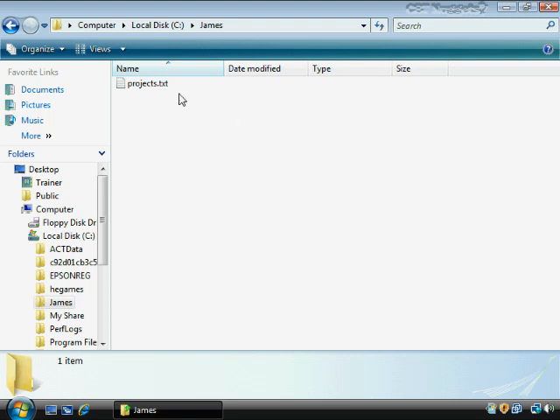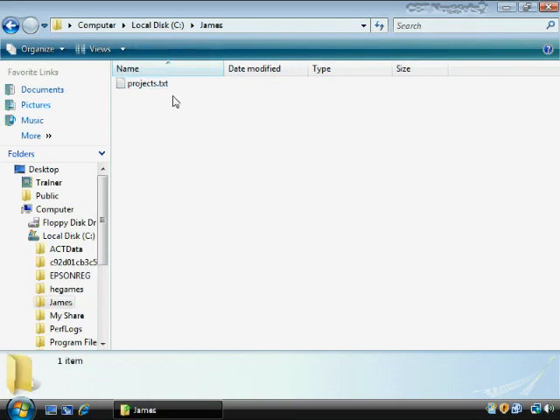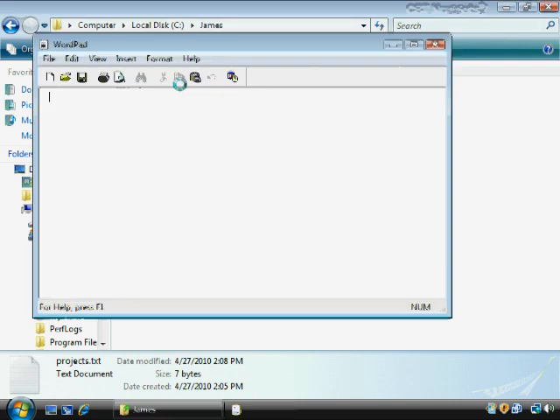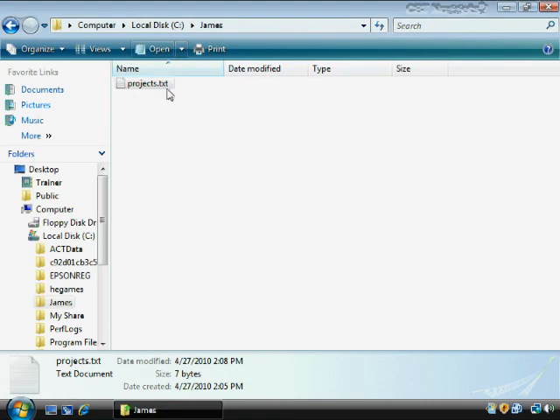Now, another thing I could do with this is, notice that I double-click on it and it opens up in Notepad, and I just put a little text in there to have something to look at. I could change that by selecting this. Notice that there's an open item up here. If I just click it, once again, it'll open in Notepad. Or I can click this and choose Notepad here. Or, look, WordPad. So by doing this, I can open it up in another application that would potentially be able to read that same text file.